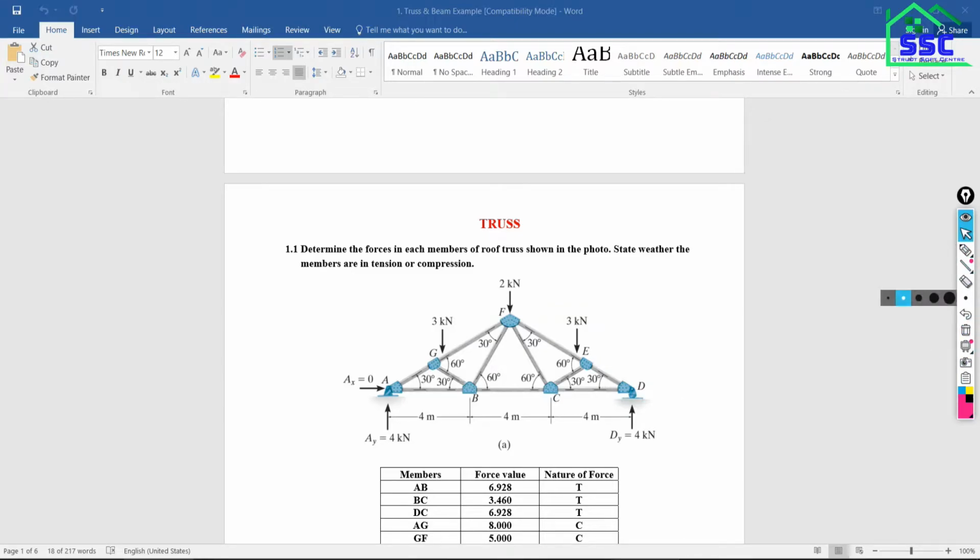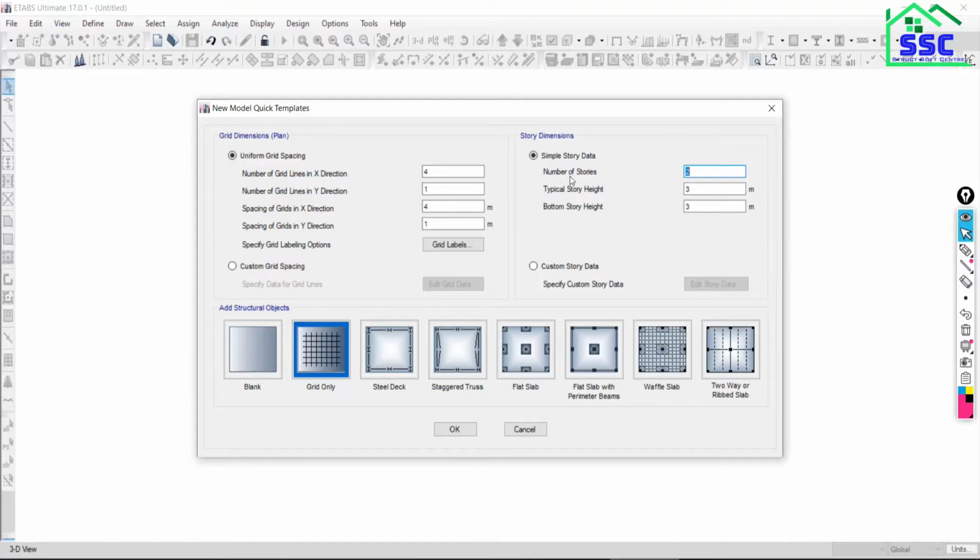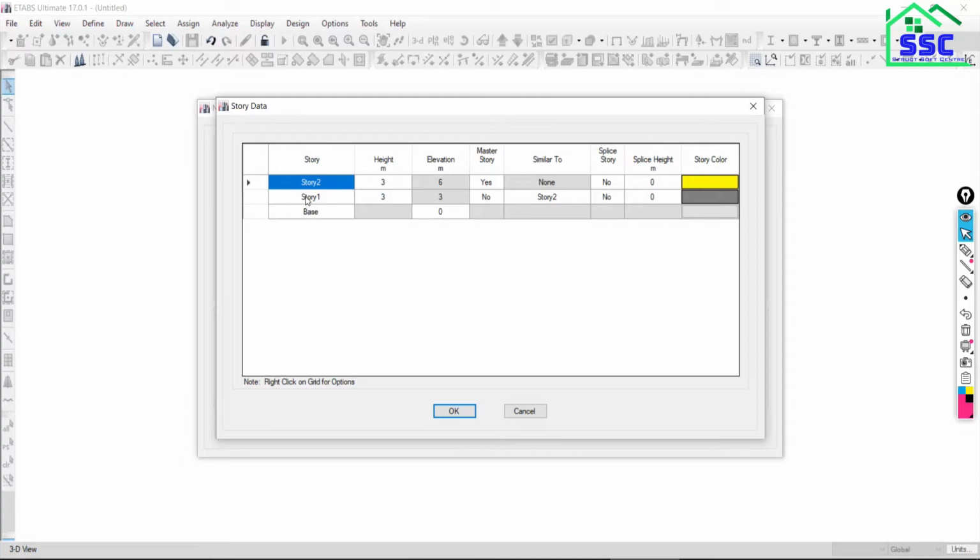Yeah. So come back to ETABS. Base will be there. Typical story height, let it be as it is. Bottom story height, let it be as it is. Now just go to custom. We need to work with the custom, then go to edit stories. Now see, this is the base, this is the first level. Let it be first, and let it be second level, top level. Let it be top. Now can you give me the height of the first level? It was I think 1.1547. Now from first level to the second, how much was it?